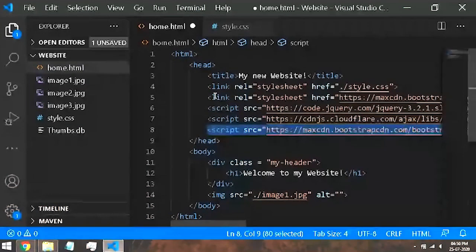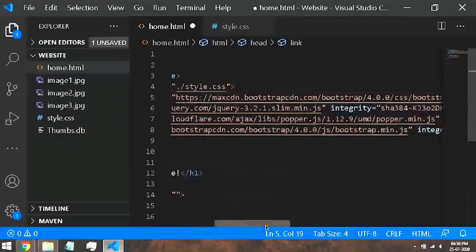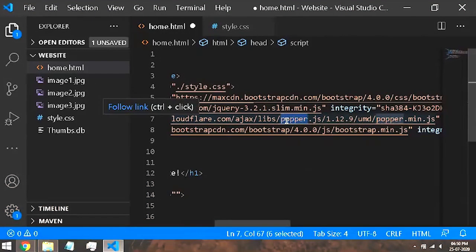And yes, so we have included Bootstrap, and you may be wondering why we included jQuery and popper.js. Basically this is done because these two files are dependencies of Bootstrap. So Bootstrap is dependent on these two files. What does that mean?